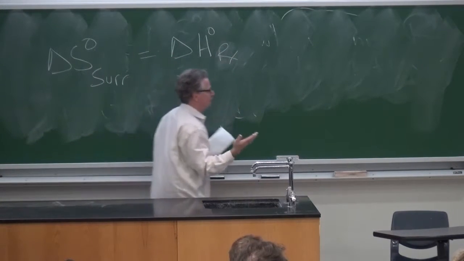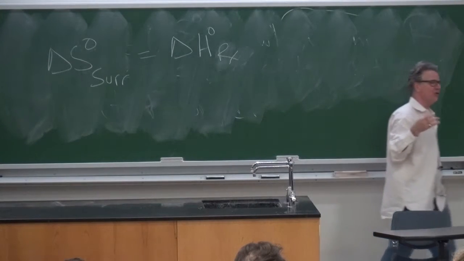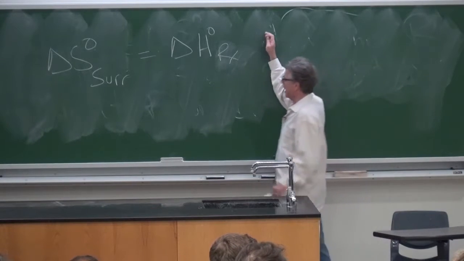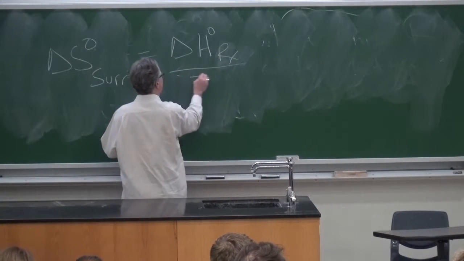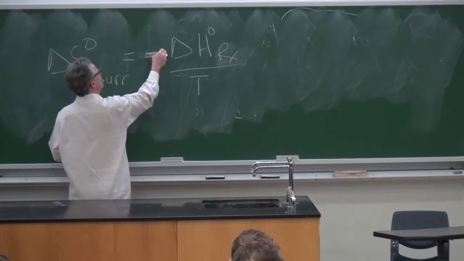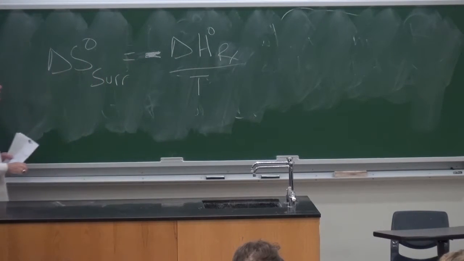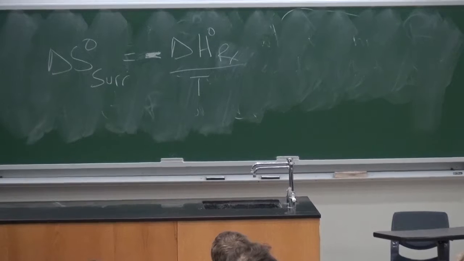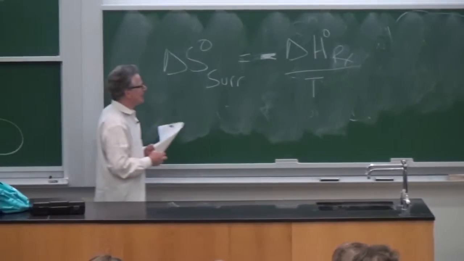Same deal. The system is the reaction, and so delta H of the reaction is delta H of the system. Delta S of the reaction is delta S of the system. So it's the delta H of the reaction divided by the temperature with a negative sign in front of it. Now that negative sign is strictly for convenience. It doesn't have any magical meaning. It simply says